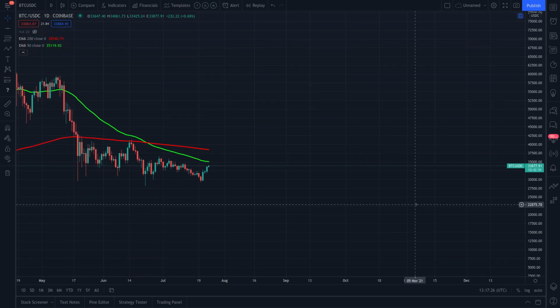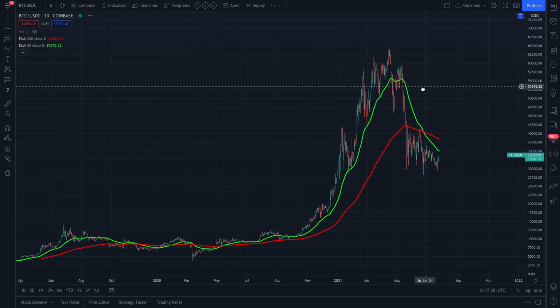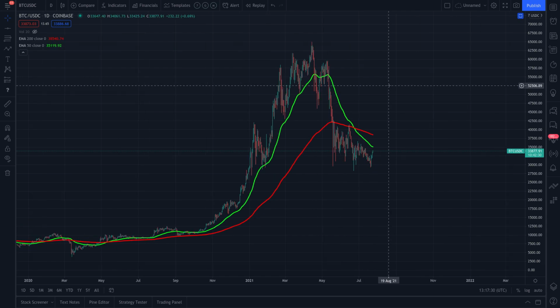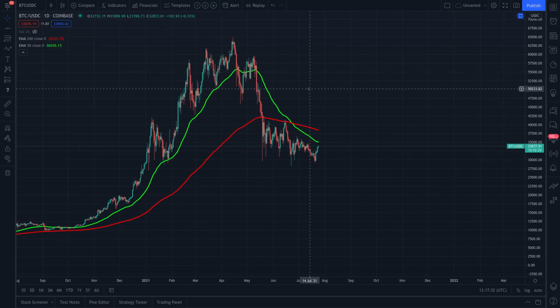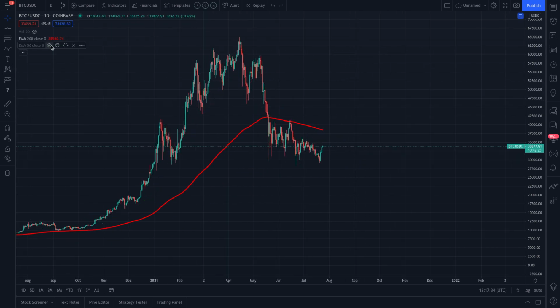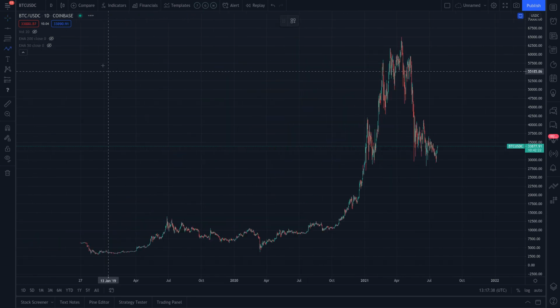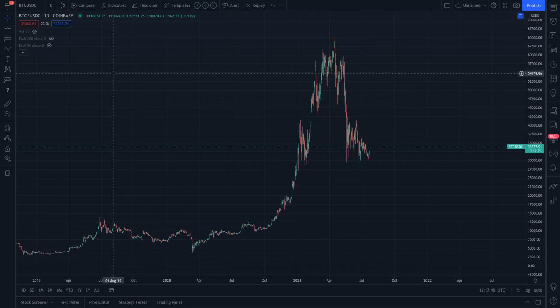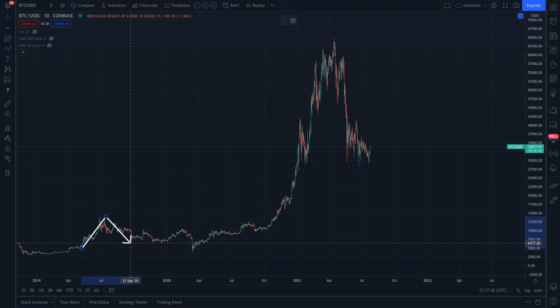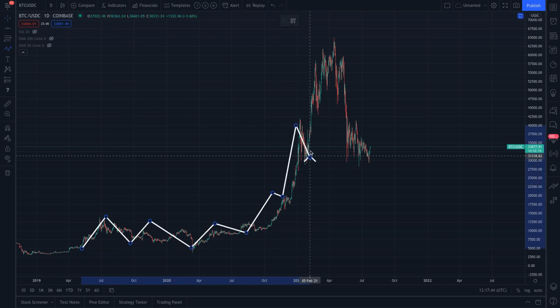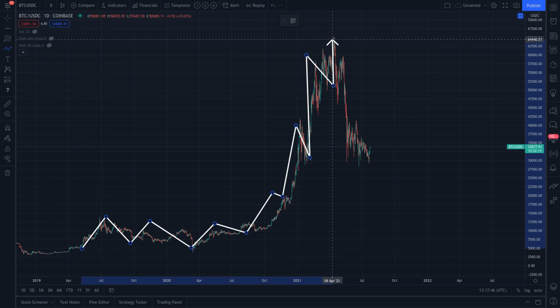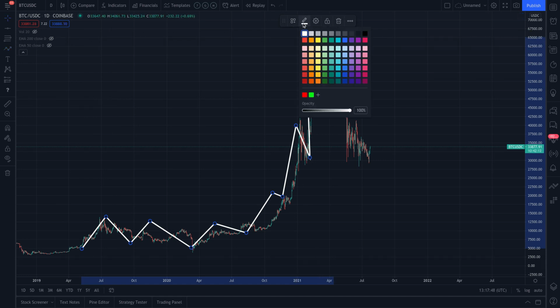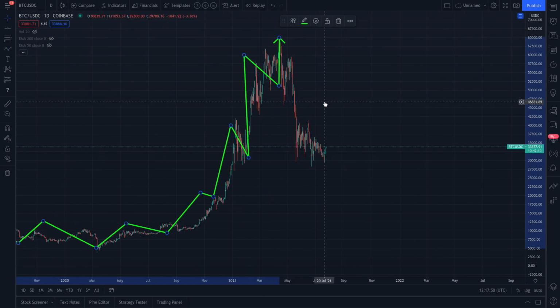Now, keep in mind, Bitcoin is in an overall uptrend, okay? I realize the markets have been going down, but let me very quickly outline what I mean when I say it's in an overall uptrend. It's pretty obvious, right? If you look at the price action here, you see all these fluctuations in the price going up, and at that $65,000 level is when the market actually had its local top.